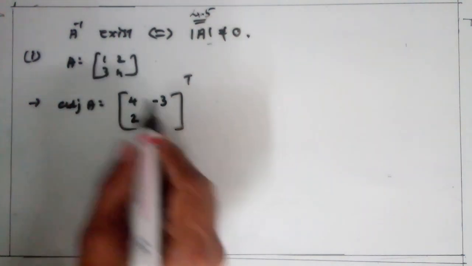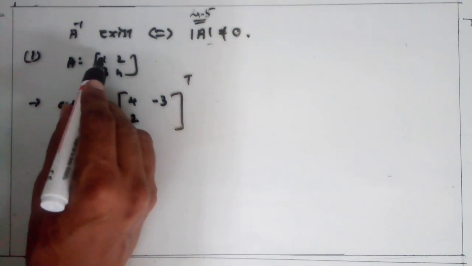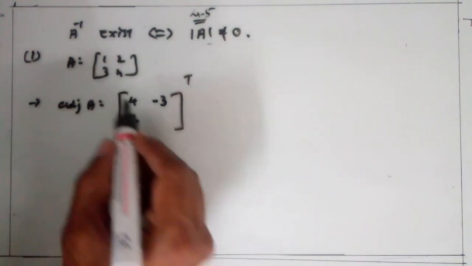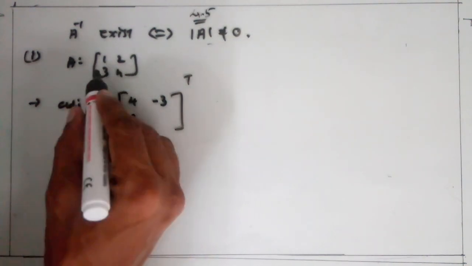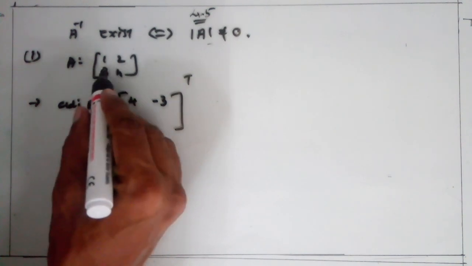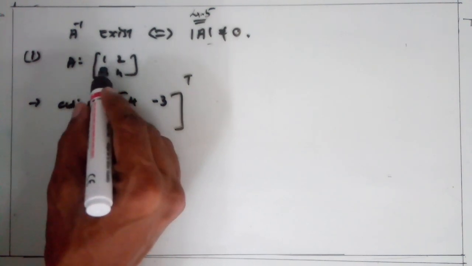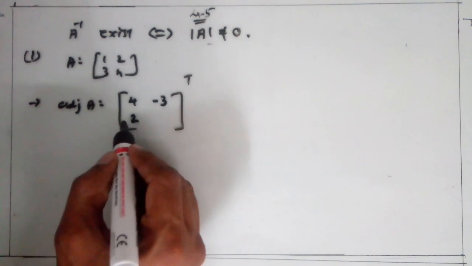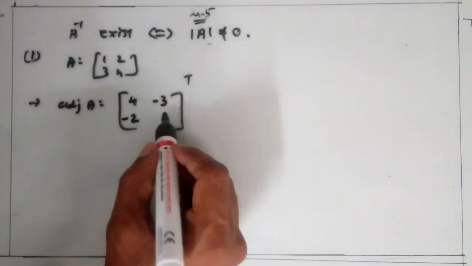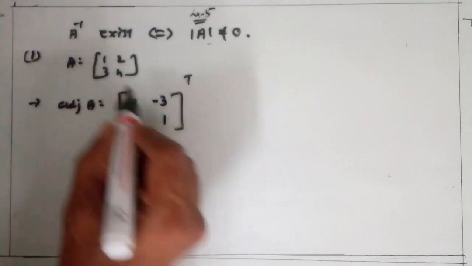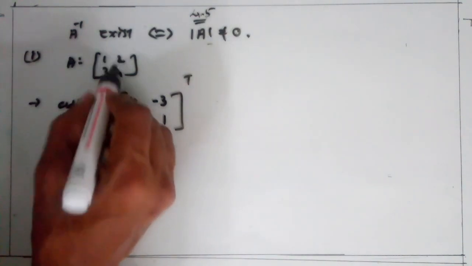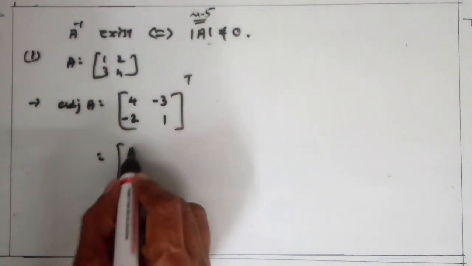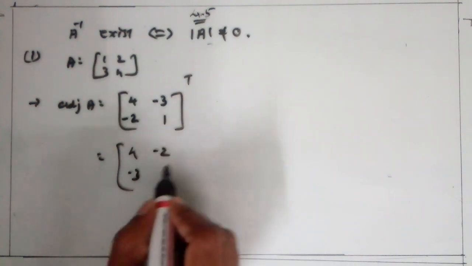it is 2 into, second row and first column, so (minus 1) raised to 2 plus 1, first column, that is 1, and the second row, that is 2, (minus 1) raised to 3, so it is equal to minus. And for 4, here the minor is 1 into (minus 1) raised to 2 plus 2, it becomes 4. Clear? Now the transpose of this is equal to 4, minus 3, minus 2, 1.